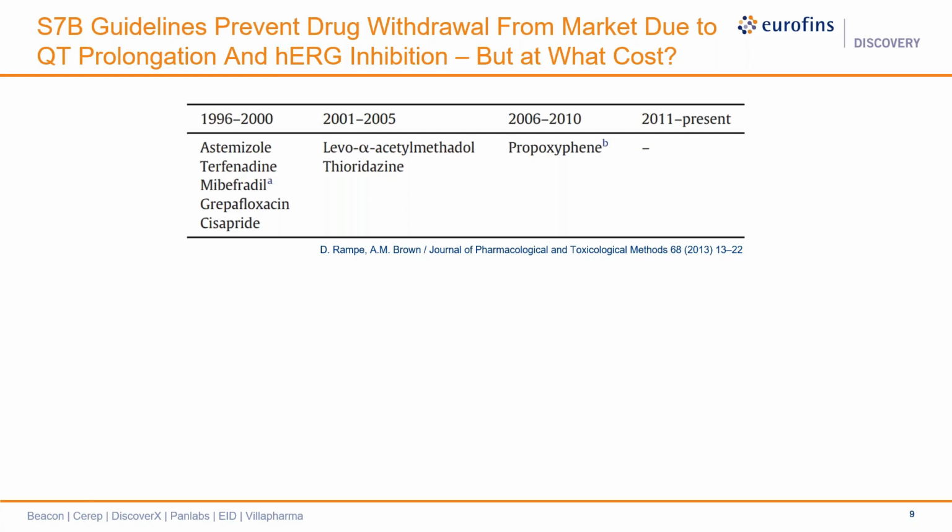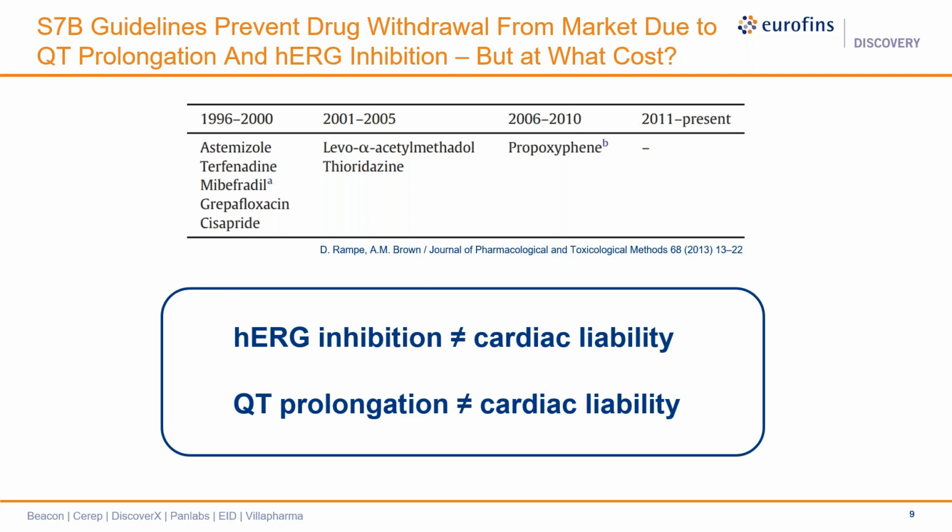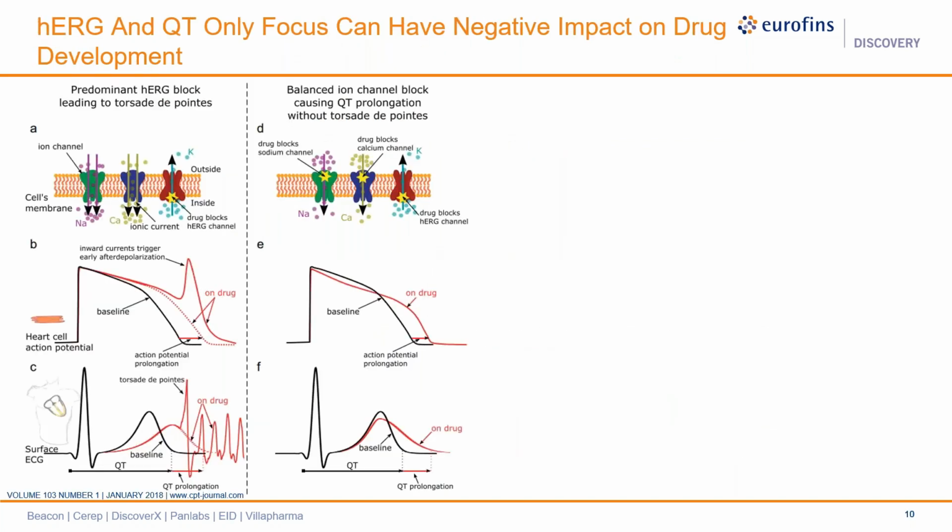But even though these new regulations were very efficient, you have to remember that hERG inhibition and QT prolongation does not necessarily mean that the drug will be a cardiac safety problem. And so consequently, what you can say is that an hERG and QT only focus can actually have a negative